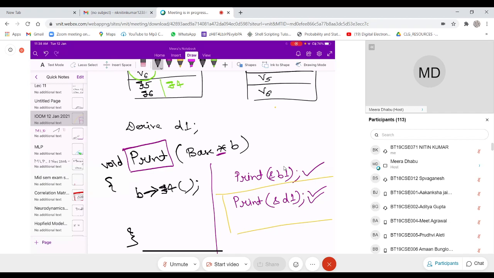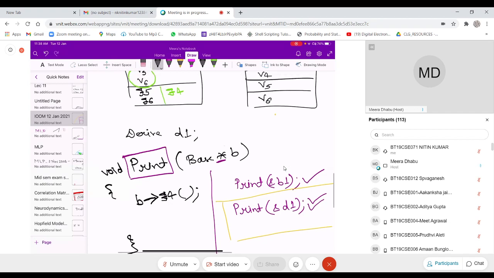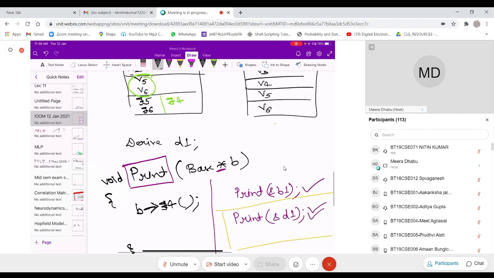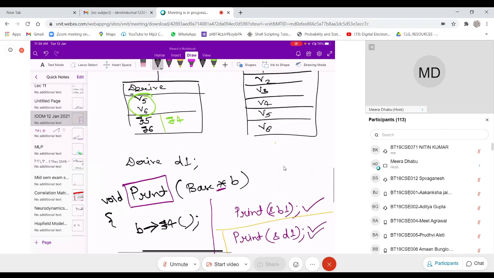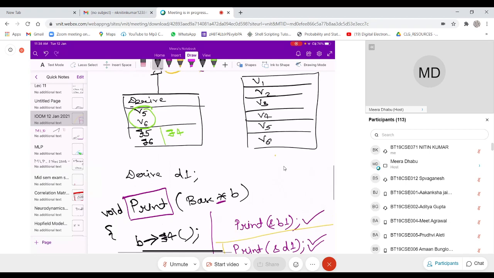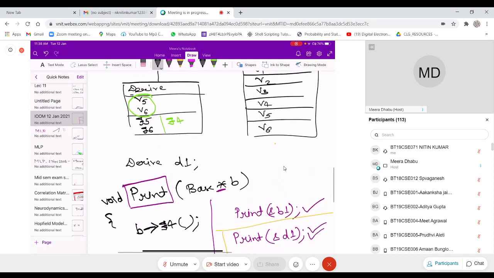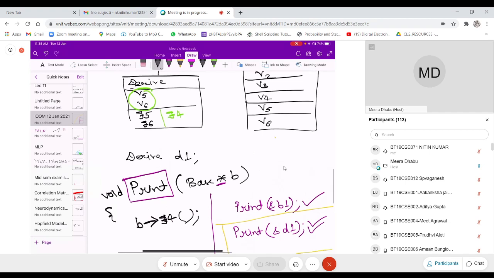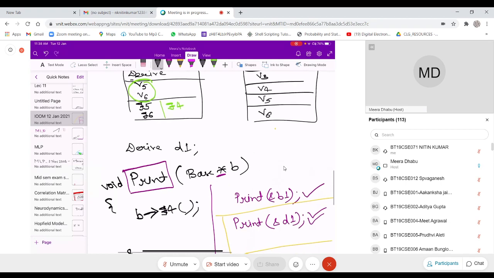Now if you invoke this by passing the address of a base class object, no problem, it will invoke this f4, I mean, it will execute the definition of f4.